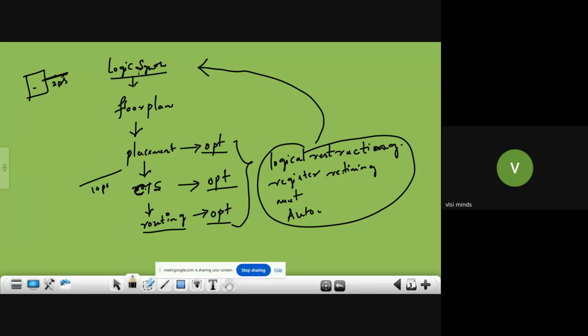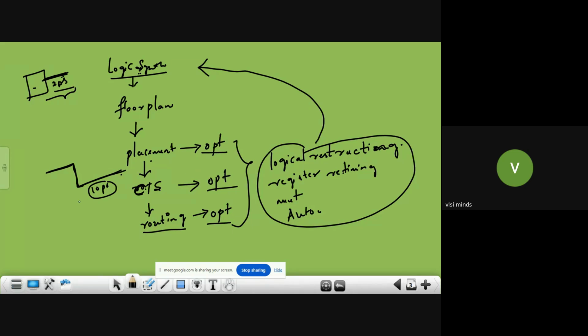Because during logical synthesis, your tool will use a wire load model. After placement, your tool will use the TLU plus file or QRC file, because here you know the net length. So here you will get the actual net delay, that is 10 ps. But during logical synthesis, your tool was using a wire load model, which is not accurate. Here net delay was 2 ps. Here timing is met.